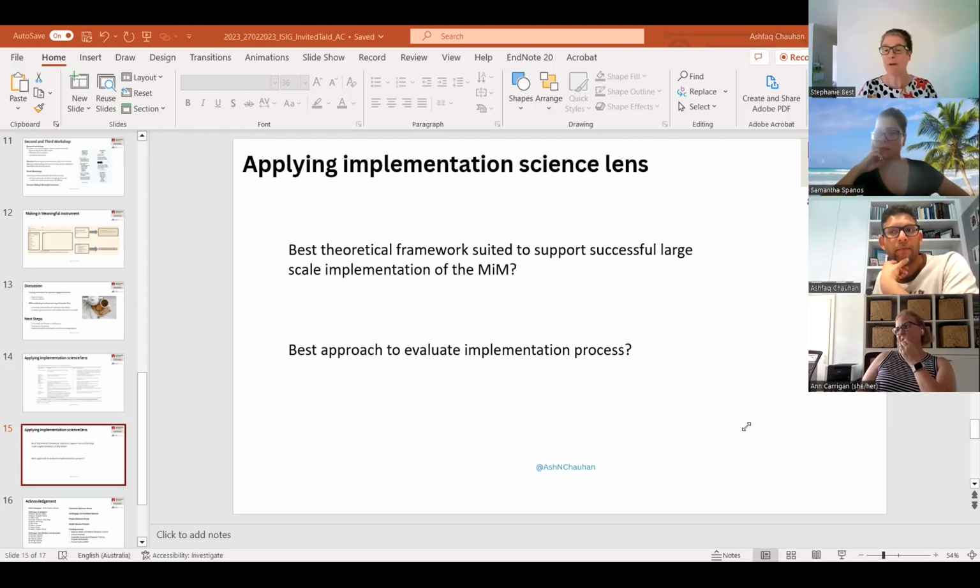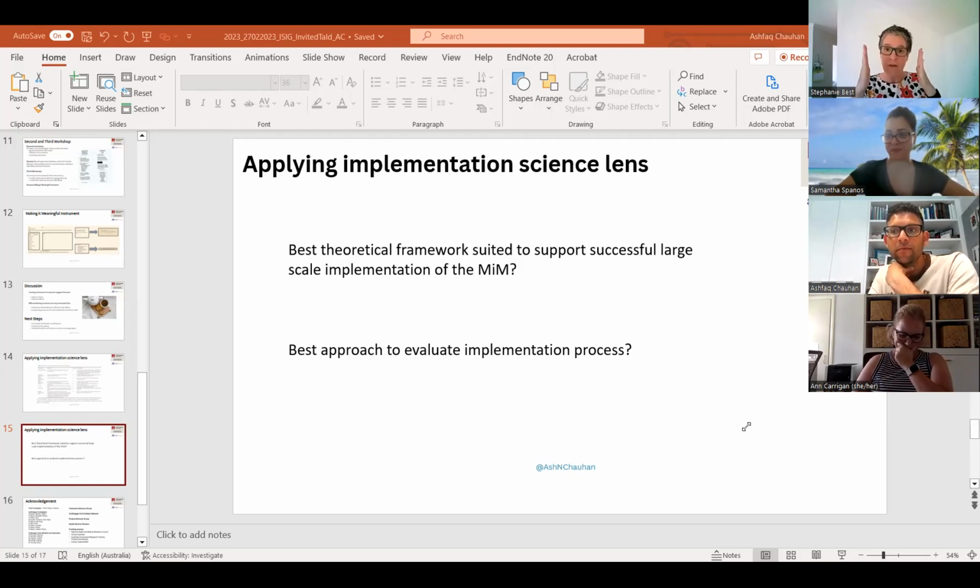Yeah. I mean, there's a whole range of theories and frameworks. You know what implementation science is like. You look around and another one's turned up, isn't it? So I think it would be about identifying which direction you want to go down, and then that would lean you towards what kind of framework you'd like to use. And then that would inform the kind of data collection that you might want to be doing.